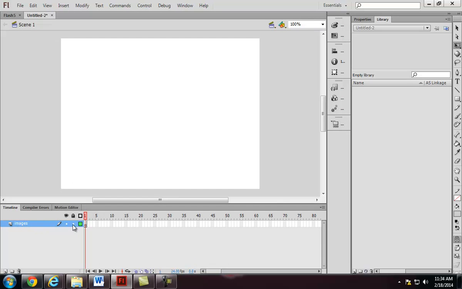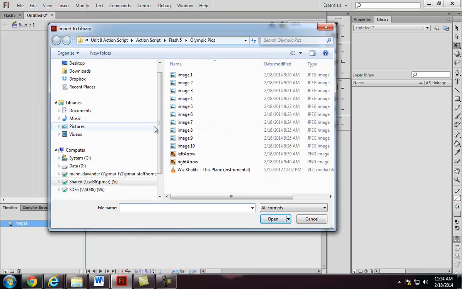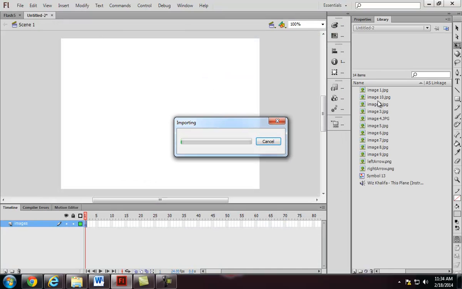And first thing you want to do is go to Images and load all our images. So in order to get our images, we have to go to the library. There's nothing imported in yet, so we're going to go to File, Import to Library. Now, if you're doing this from home and you're not part of my class, you can download any pictures onto your computer, but if you are in my class, all these images are located in the S drive in the ActionScript folder for Programming 11. So why don't we take all the files, the 10 images and the arrows and the sound, all 13 files, and hit Open, and you'll see them